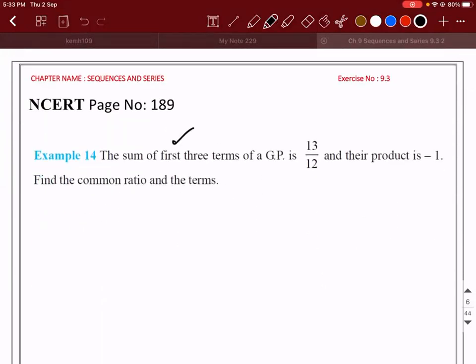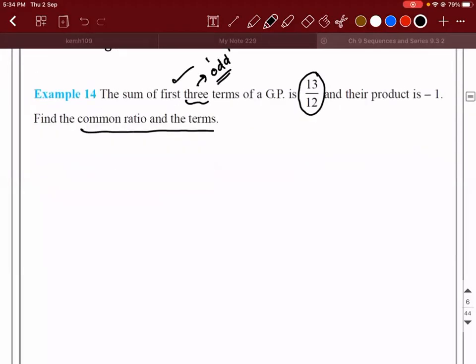So the sum of the first three terms of a GP is 13 by 12, and their product is -1. Find the common ratio and the terms. See, guys, generally these kinds of problems, where they give you a concept like this: the sum of the first three terms, sum of the first 5 terms, sum of the first 7 terms. So what are those numbers actually? Whenever they talk about an odd number of terms, the way you're supposed to consider the terms is,